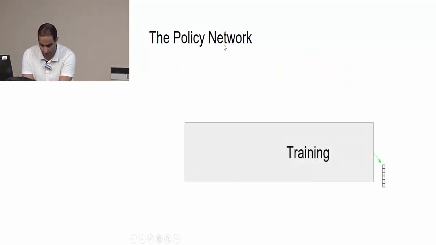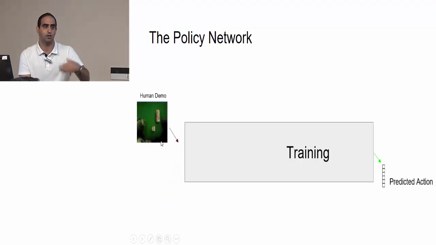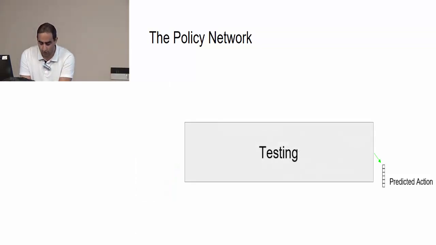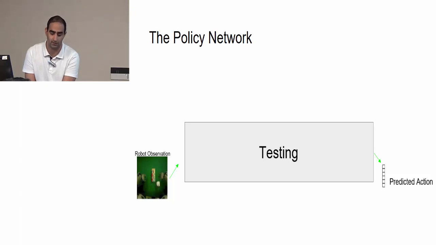So our network is like this. During the training, our network wants to predict an action, and it takes as input the human demonstration, and then it takes the robot demonstration of the same task, and then we give another human demonstration and another robot demonstration, and we feed it all of our data. Then during the test, first we give a human demonstration, and it's the only thing that we give to the network, and it looks at this human demonstration and processes it. Then we give the robot observation. Notice that this is not a demonstration, it's just the current state of the robot observation.